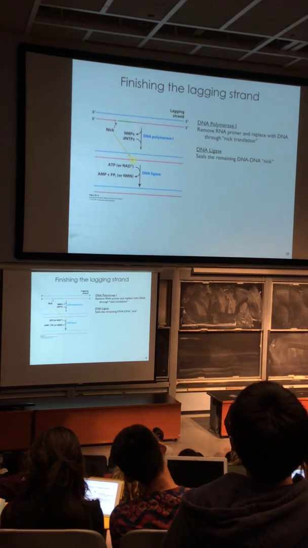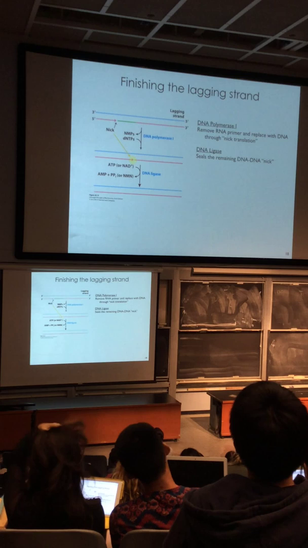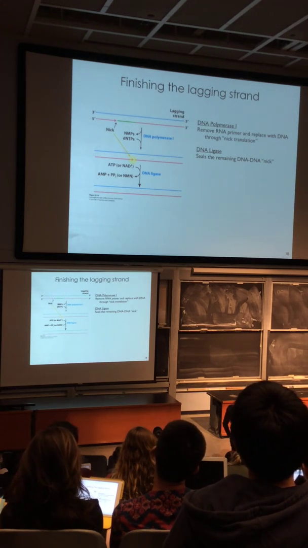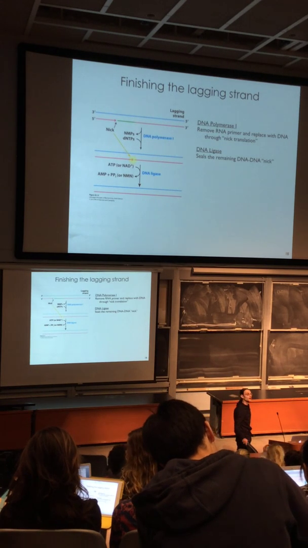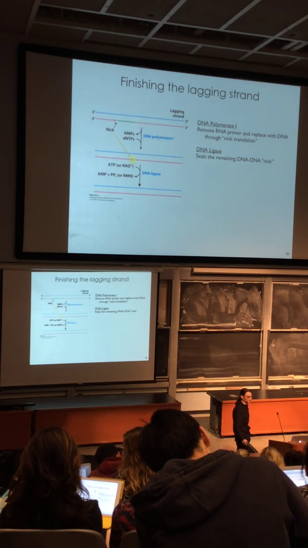Furthermore, there's a chunk of RNA in there that we need to get rid of. And so there are two enzymes that work together to do this. The first is DNA polymerase 1. One of the most important functions of DNA polymerase 1 in the cell is to clean up these RNA strands